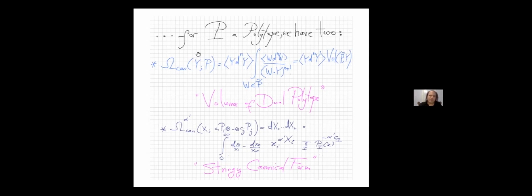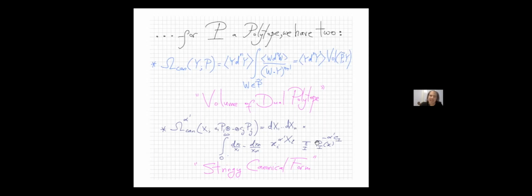So this is a beautiful intrinsic formula. It makes no reference to triangulation or anything like that. And starting from this formula, you can actually see that this object indeed has logarithmic singularities on all the boundaries of the polytope. Another formula that actually produces a form that is deformed by a parameter alpha prime to begin with is this one, where we integrate in order to find the canonical form on some space X. And in general, a polytope that is presented as the Minkowski sum of a bunch of pieces, that could just be one of them, but it could also naturally be a Minkowski sum of a bunch of pieces, then it's given by this stringy canonical form, sorry, with the factor of alpha prime to the n that was supposed to be in front of this whole thing.